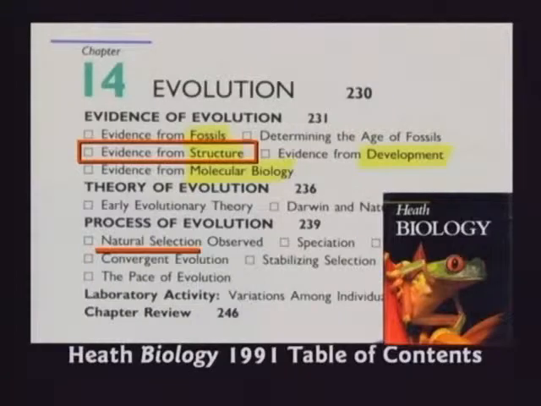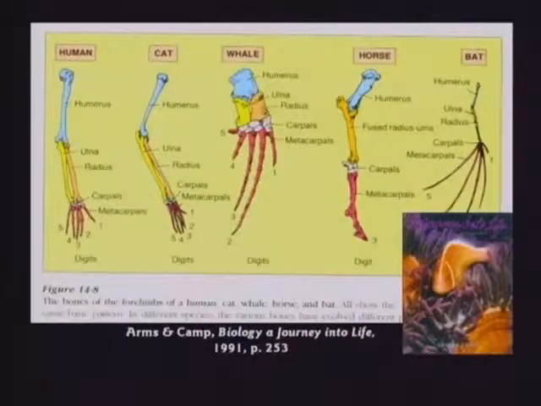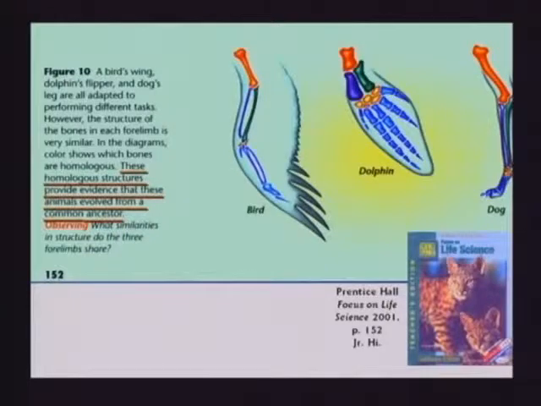They tell the kids, we've got evidence from structure. This is called the homology argument. Yes, boys and girls, did you know you got 2 bones in your wrist, radius and ulna? And did you know the whale has 2 bones in his flipper? And look at this. They're called radius and ulna, right there. See? That proves we're related. That's what they tell them. Look at this. These homologous structures provide evidence that these animals evolved from a common ancestor. Think critically. A seal's flipper and human arm have different functions. What evidence might help show that both structures